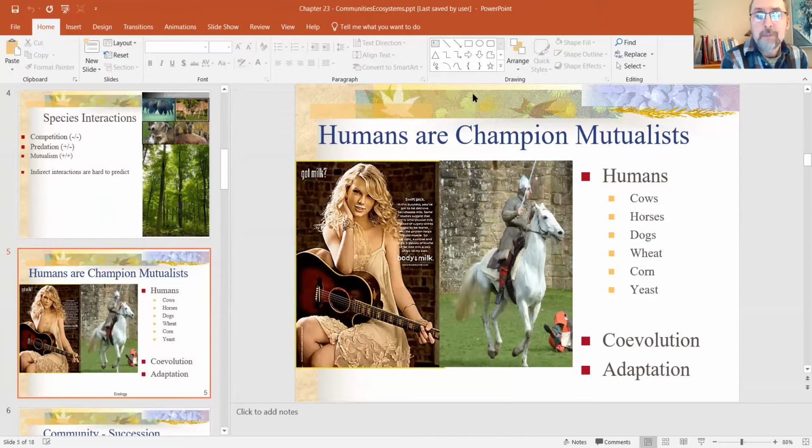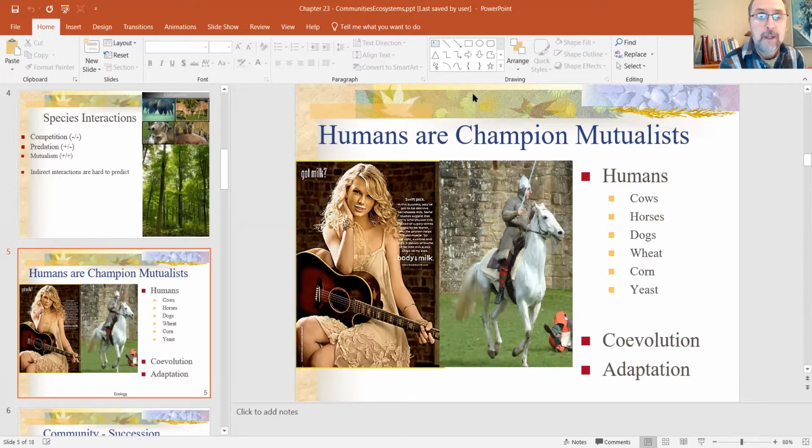But we also show adaptations for getting along well with horses and dogs. We've domesticated crops, plants that we use as sources of food. And so this involves adaptation. In the case of crop plants, they hold on to their seeds, they don't drop them. It's one of the key adaptations. We don't want to have to dig through the dirt to get the food. And so we change the plant so it holds on to its seed and doesn't drop it until we're ready